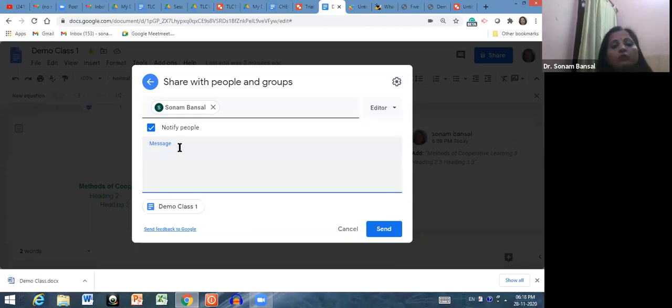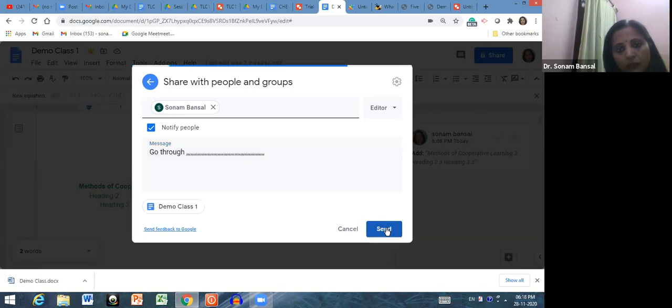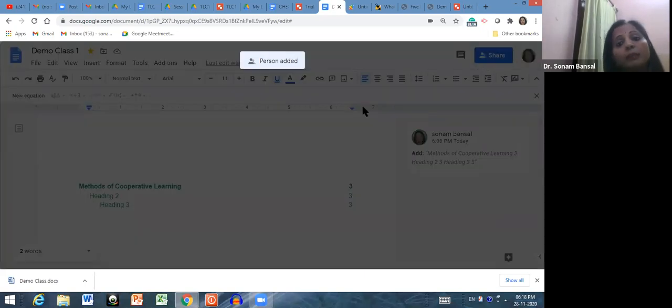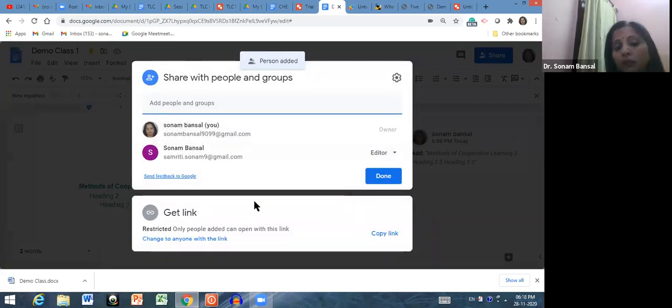And if you want to give a message, like go through this document or read carefully, or anything that you want to notify people, then just click here and click on send. So the 4, 5, 6 people with whom you have shared this document can collaborate and make changes from here.